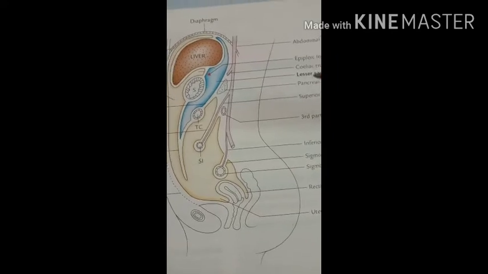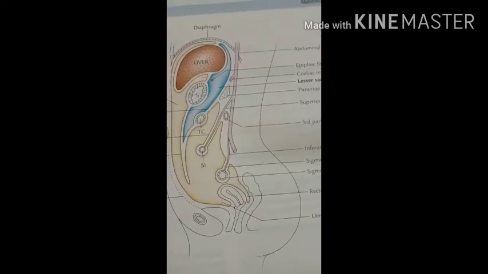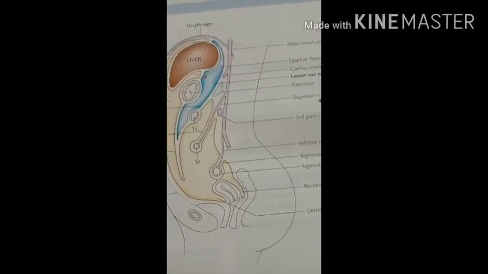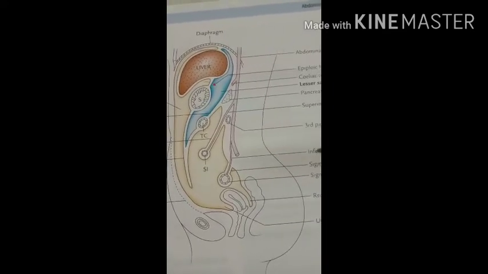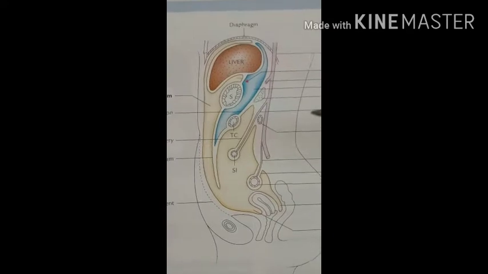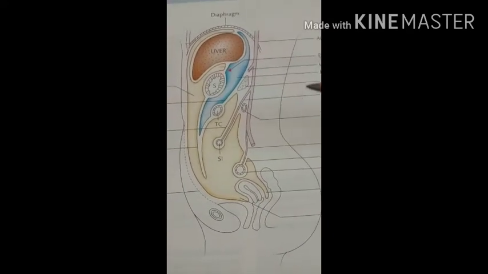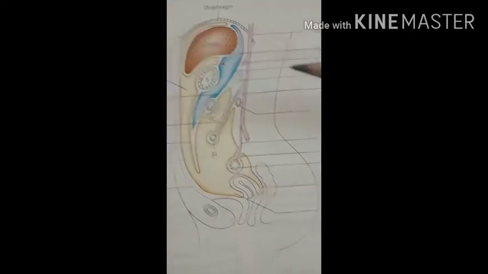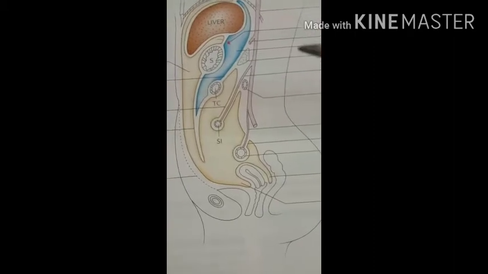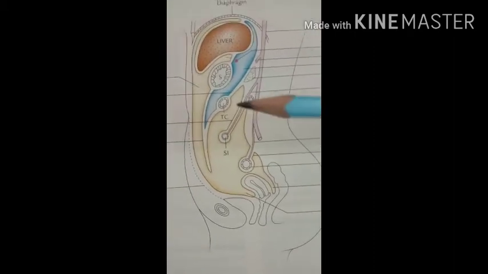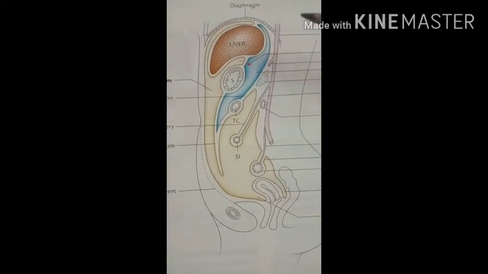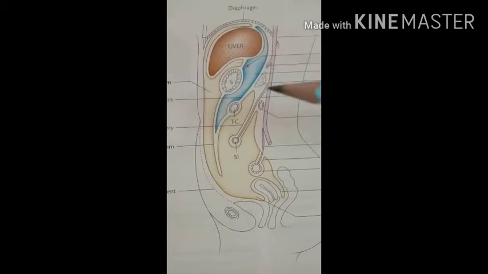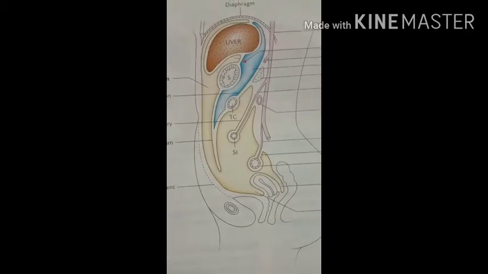The mesothelial cells of the peritoneum can transform into fibroblasts, which promote the healing of wounds. And the last one is the storage of fat, as the peritoneal folds are capable of storing a large amount of fat. So these are the functions performed by the peritoneum. Next we have to see the peritoneal folds.